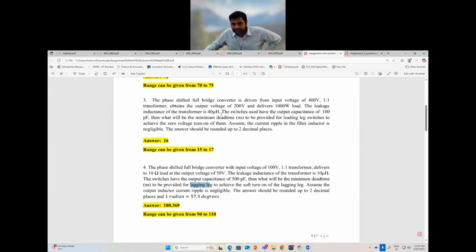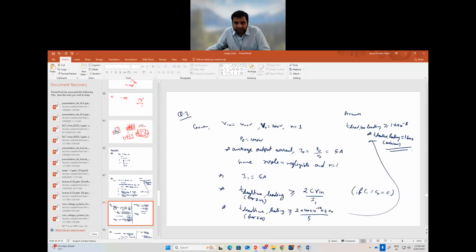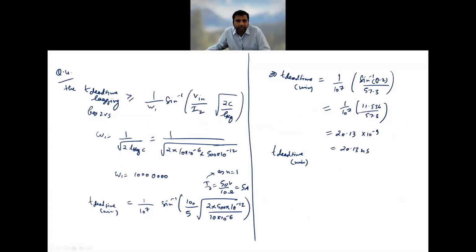So we discussed the leading leg, where it is quite straightforward, but here since the secondary is short circuited, the L leakage will come into resonance with C3 and C4. So there will be a sinusoidal variation of currents. We have to ensure that the voltage across C3 and C4 changes in such a manner that they reach zero voltage. For that, the formula we have already derived in the class is straightforward: 1 by omega 1 sine inverse V in by I2 under root 2C by L leakage,